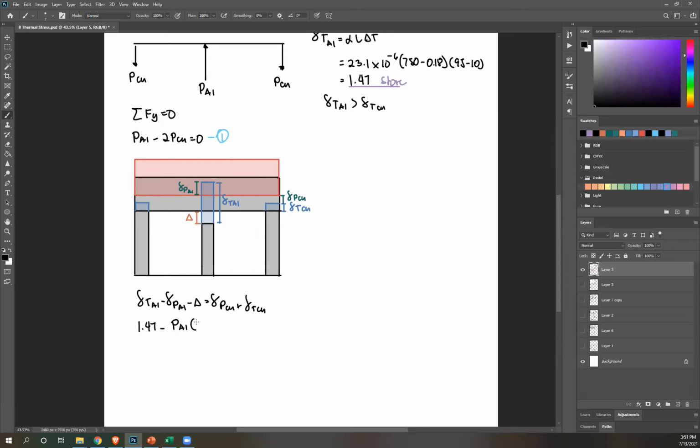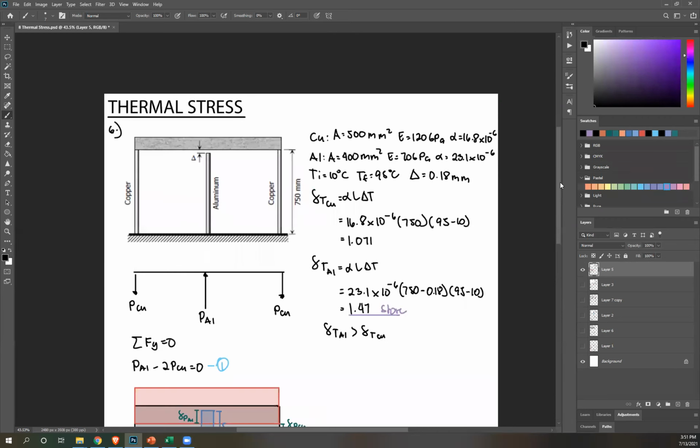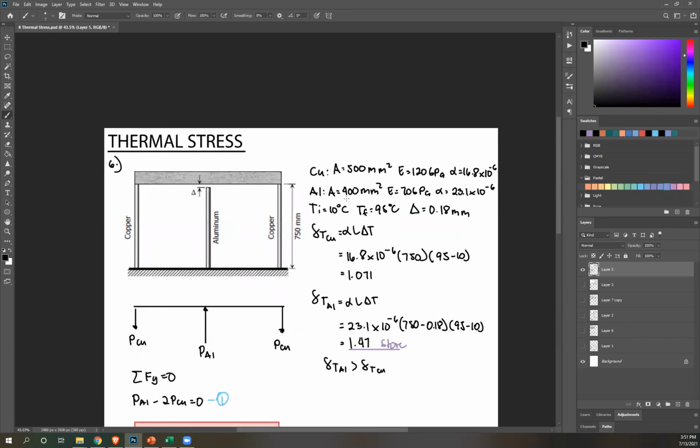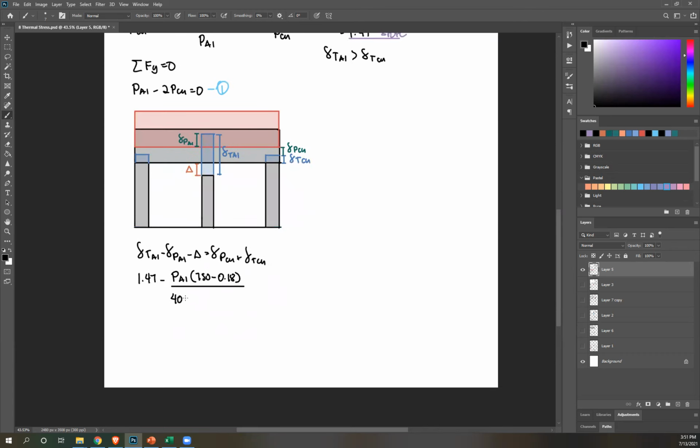Length again is just 750 minus 0.18 for aluminum. Area of aluminum is 400, E is 70. So 400 times 70, converted to MPa, times 10 to the 3, minus 0.18 equals